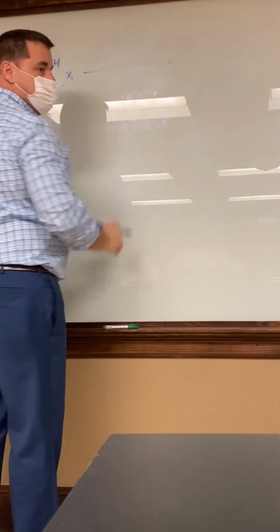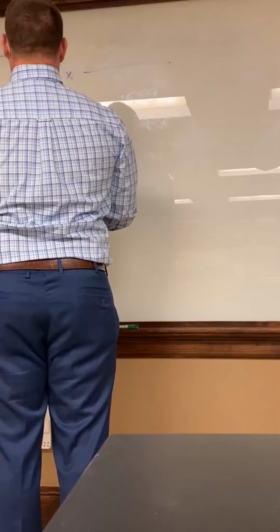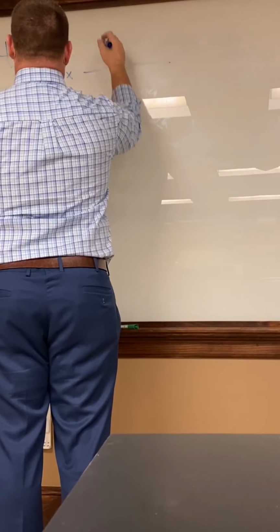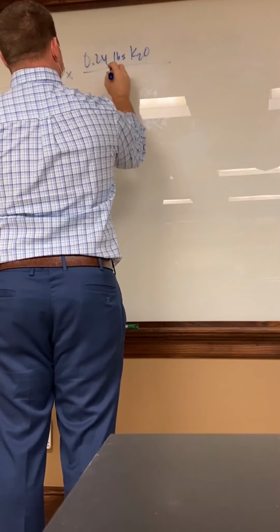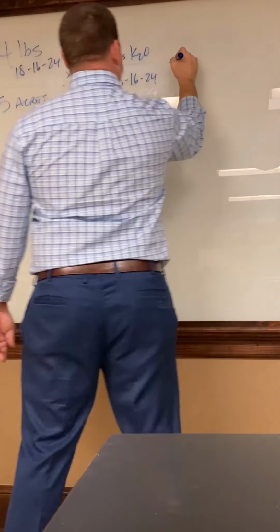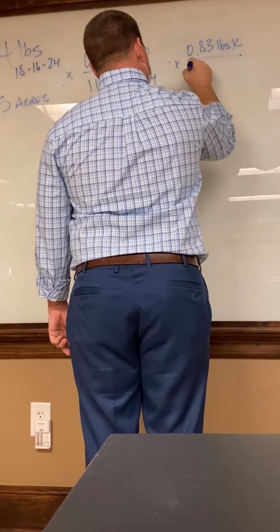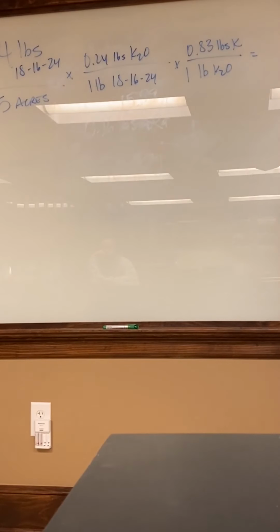And I might ask for how much elemental K was applied per acre. There are 0.24 pounds of K2O in 1 pound of 18-16-24, and we know that there are 0.83 pounds of elemental K in 1 pound of K2O. And so if we were to do the math all the way across,